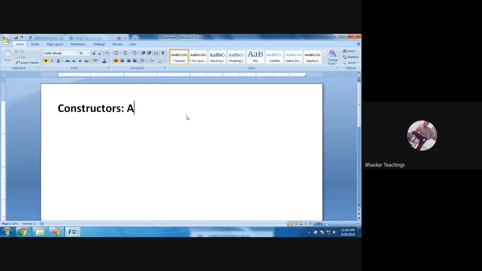So the definition is, a constructor is a special member function. That means just like a function, a special function, but it has some rules.